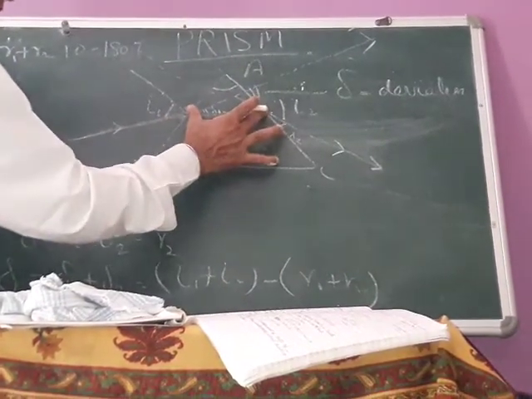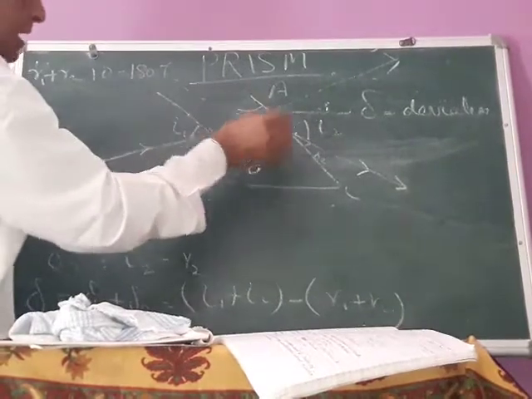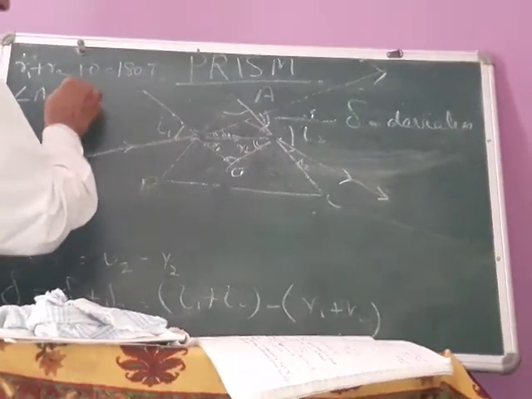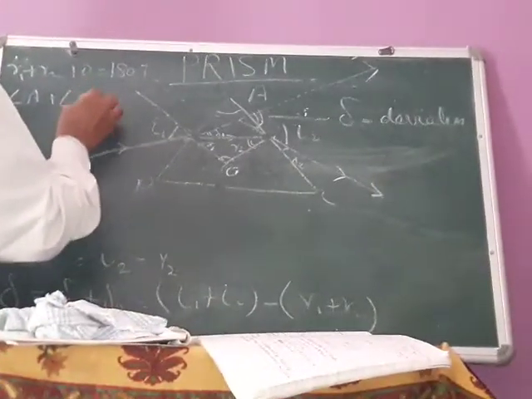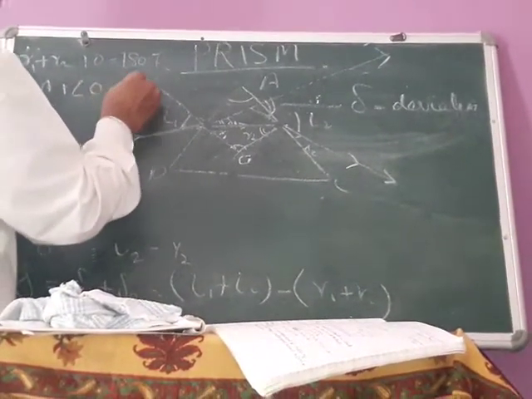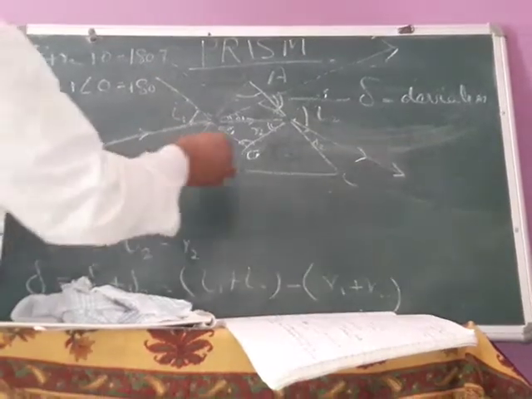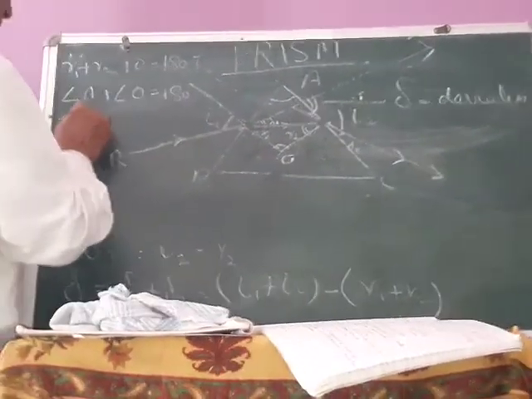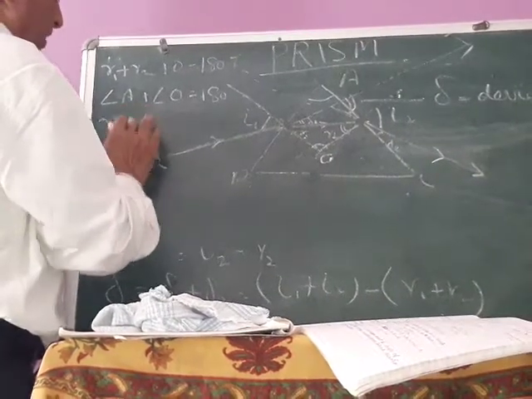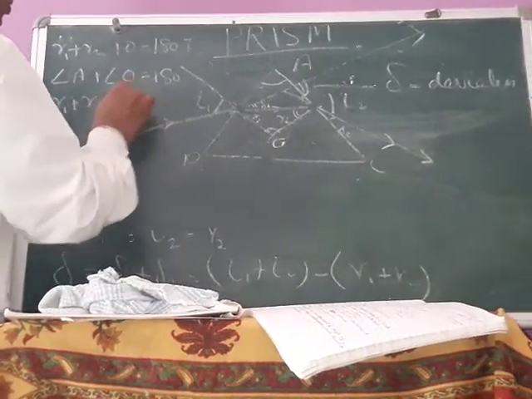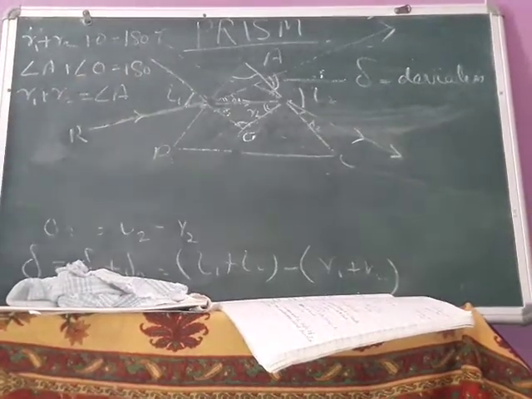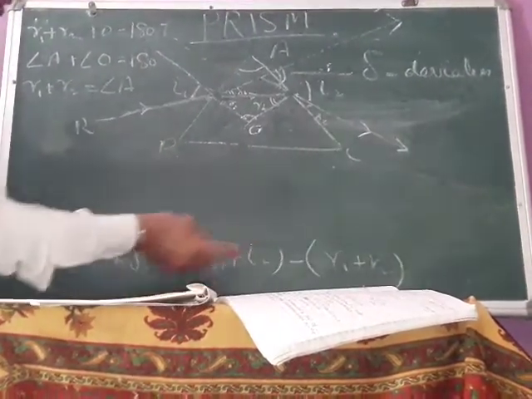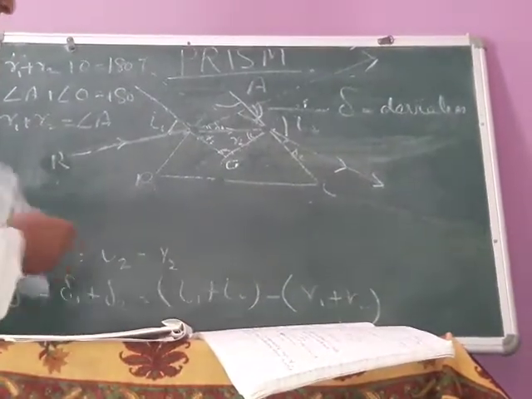So these two make 180 degrees. So the remaining angle A plus angle O becomes 180 degrees. It means R1 plus R2 is nothing but equal to angle A. This is clear by simple geometry. We will put R1 plus R2 as angle A and I1 plus I2 as